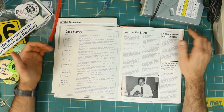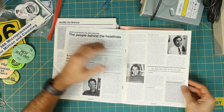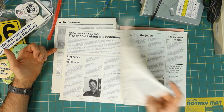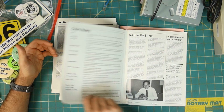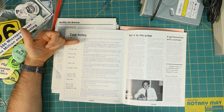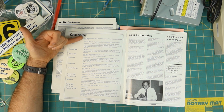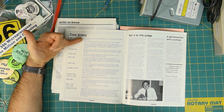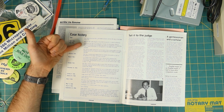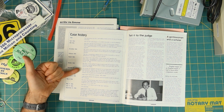Oh, this is interesting. So the thing about protecting the microcode is about some case about the V20, which is funny. I'm going to have a future video where I am going to use a V20. And there was a case where, oh, right. So NEC had... The thing that's curious about this is the claim was that, oh no, we'll have to look this back up. This is a well-known case that I don't remember the details of. NEC had made an 8086 clone and had directly copied, apparently, the Intel microcode from the 8086, but then when the V20 came along,